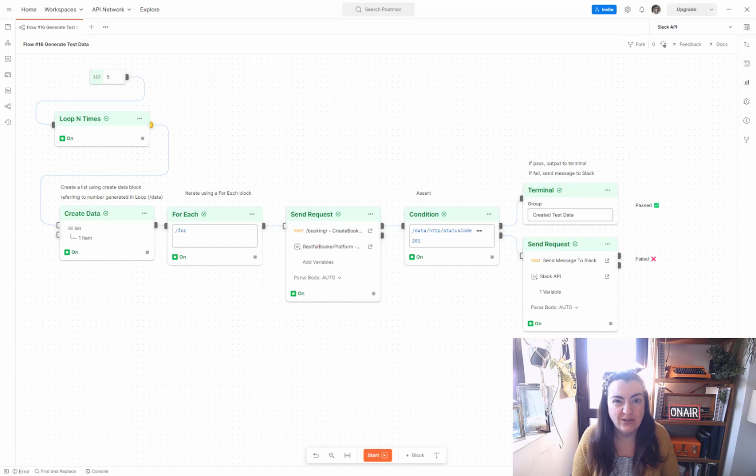It did take me a while to find the process that worked for me, but this is what I've come up with. What I wanted to do was to create a number of bookings so that I can then, in other tests, do things like update those bookings or delete them and just make sure there's data there to manipulate later on. So I've done that in Postman flows by